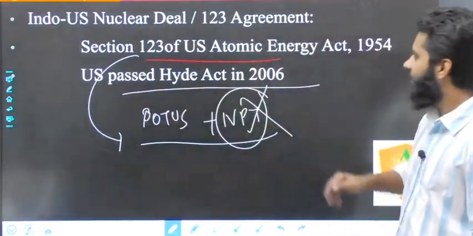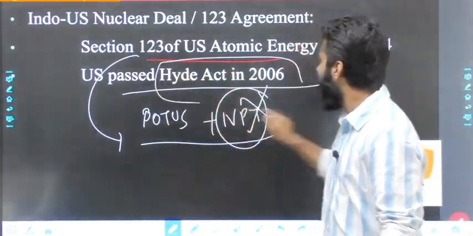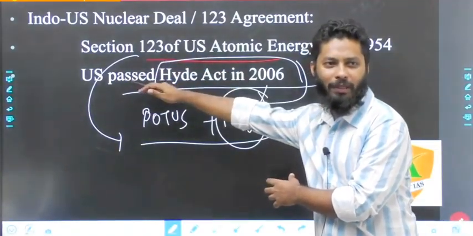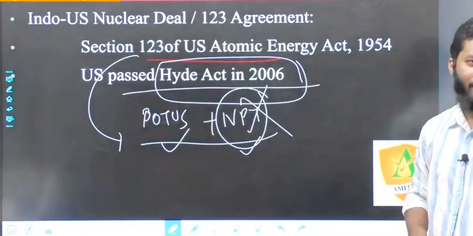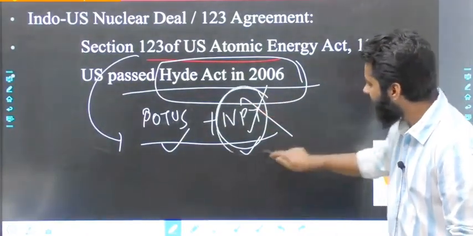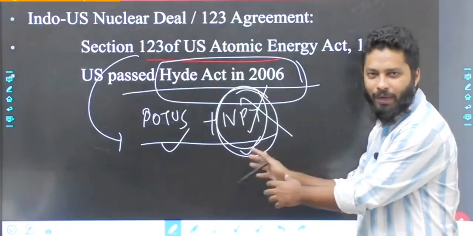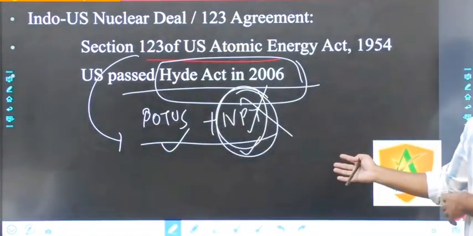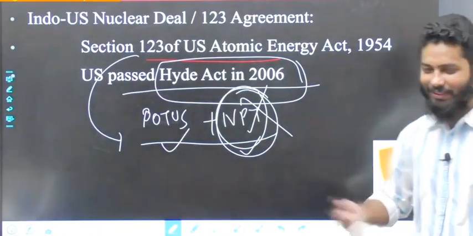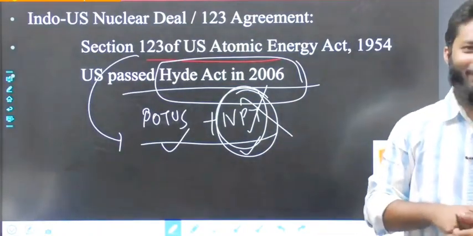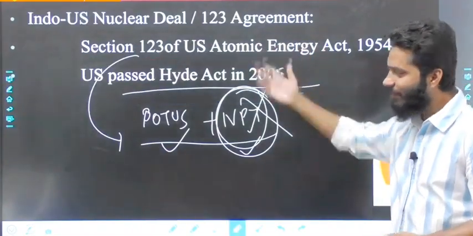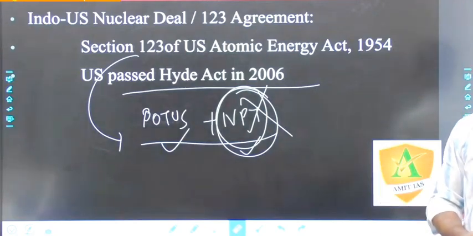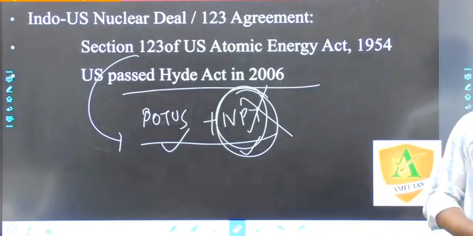So US passed a Hyde Act in 2006. अब Hyde Act क्या कहता है, Hyde Act कहता है कि इंडिया को एग्जेम्पशन मिलेगा सेक्शन 123 के इस प्रोविजन से, कि POTUS इज सेटिस्फाइड और NPT मस्ट बी साइंड। सो हाइड एक्ट ने इंडिया को इस रिक्वायरमेंट से एग्जेम्प्ट किया कि ठीक है, आपने NPT नहीं साइन किया है, फिर भी इफ प्रेसिडेंट ऑफ द यूनाइटेड स्टेट्स इज सेटिस्फाइड, देन न्यूक्लियर टेक्नोलॉजी कैन बी शेयर्ड। अब आपको क्या लग रहा है, US से इतनी अच्छी दोस्ती कैसे हो गई हमारी कि न्यूक्लियर टेक्नोलॉजी के लिए वे अपना डोमेस्टिक लॉ अमेंड कर रहे हैं। तो ये एक डिप्लोमेटिक विन ज़रूर है इंडिया की, बट इंडिया इज़ अ ह्यूज मार्केट।